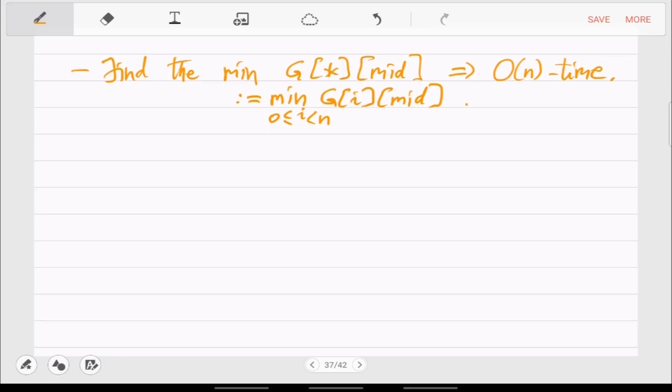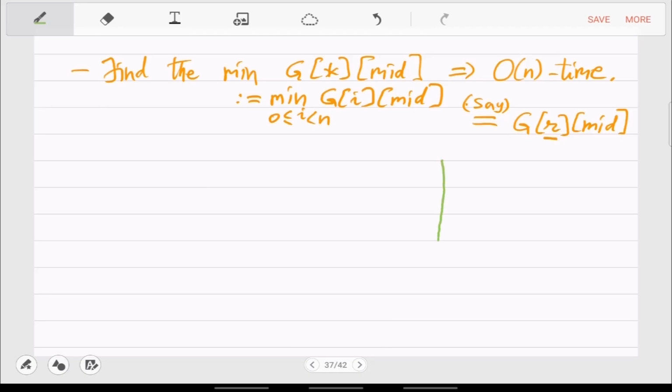Say the value that you get is G R mid. R is the row where the min is achieved in the middle column. So we'll now focus on this element.